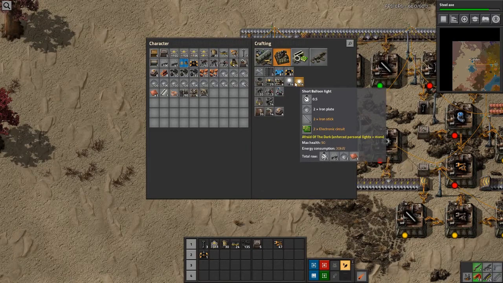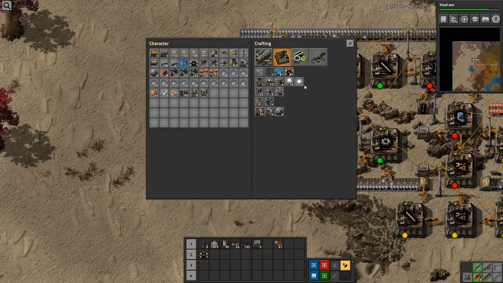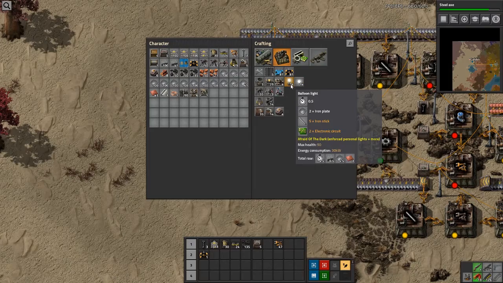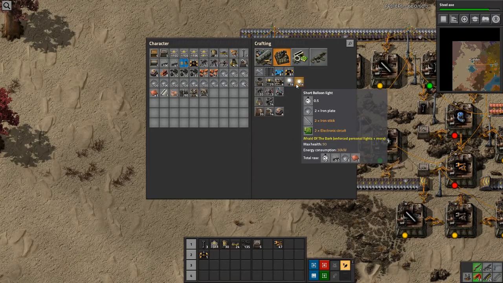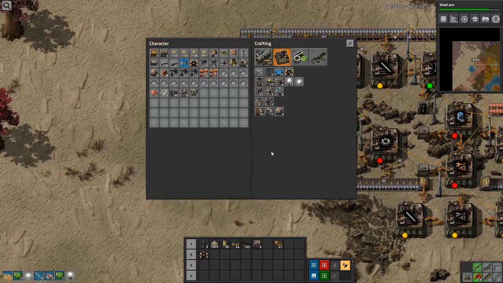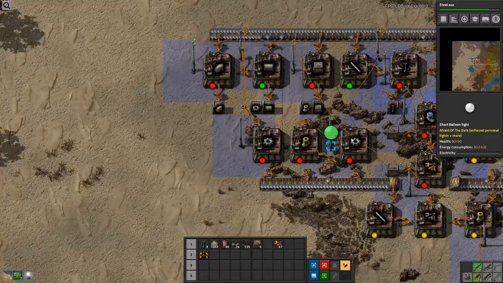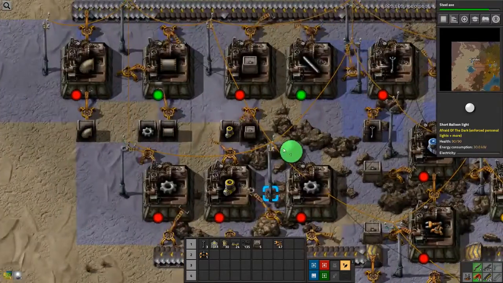Short balloon light. What mod is adding this? Afraid of the dark? Oh, I didn't realize I had that on. I want to see what these do. I wonder if these are basically the same thing. It's just one is short and one's tall. Whatever. Life is short. And I'm going to make one of each. And I'll place them down and see what they do. All right. What do you do? Oh, wow. You're just like a... Wow. We really...